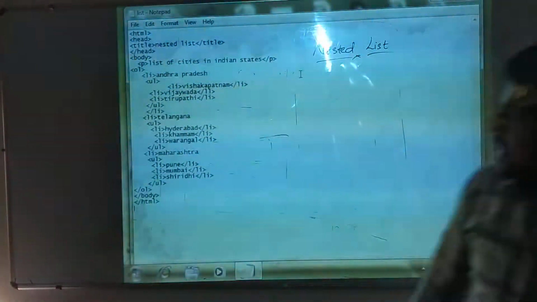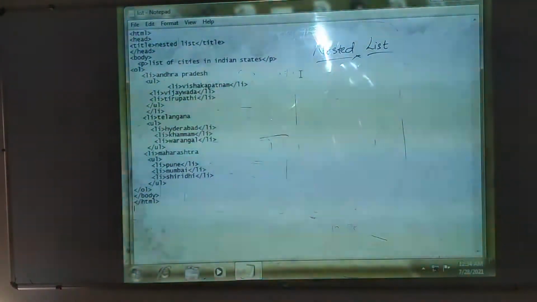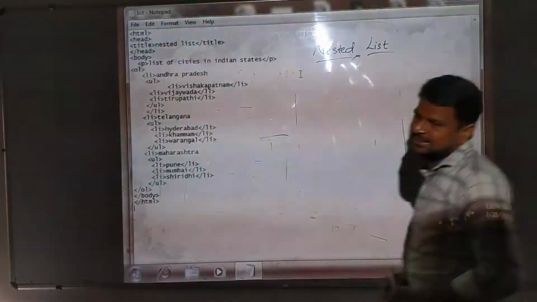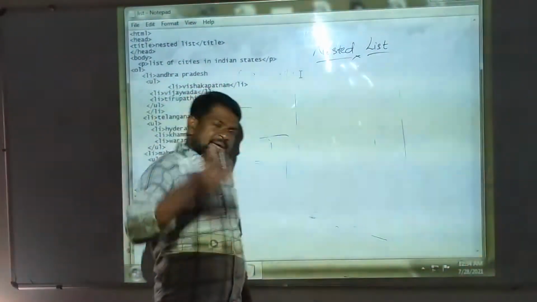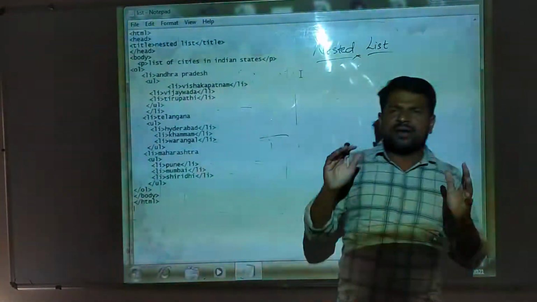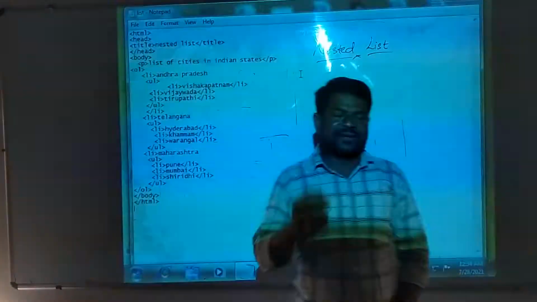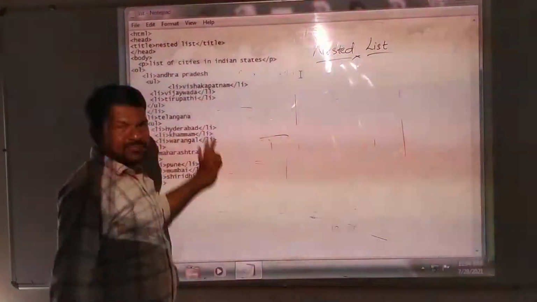Here you can see the example. I have written a code regarding the list of cities in an Indian state. We have many states, right? In each state there are many cities. So this is the basic structure of HTML.